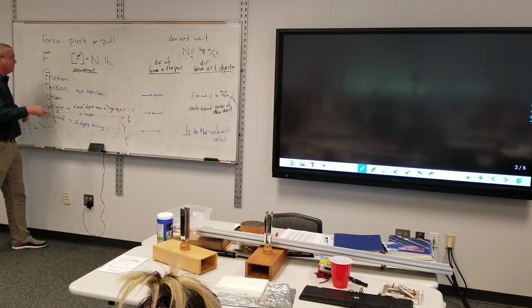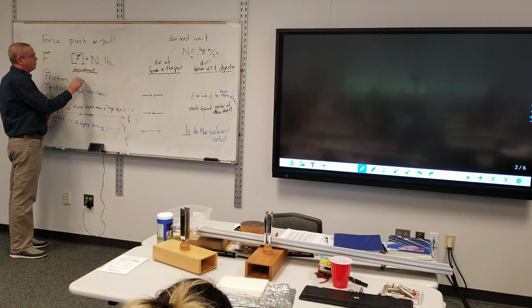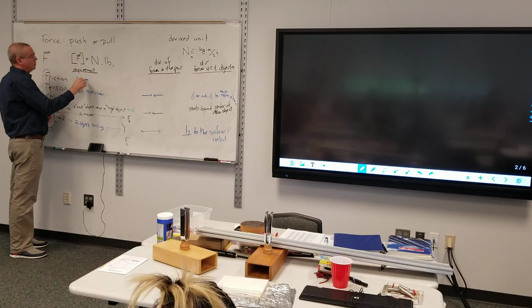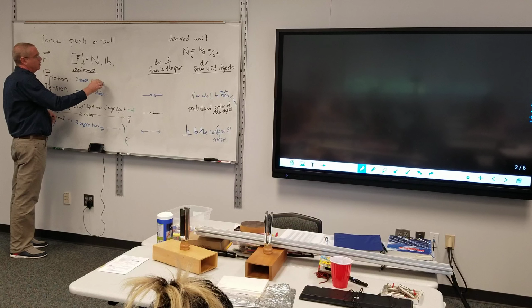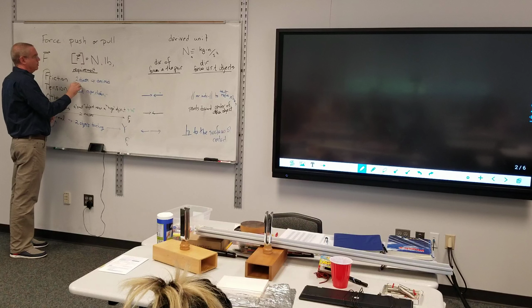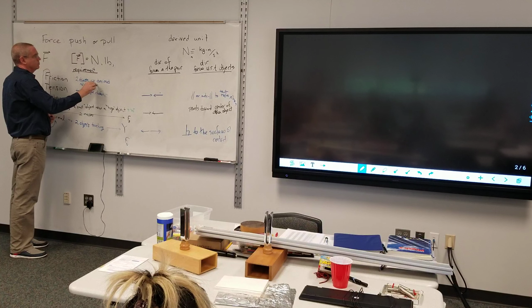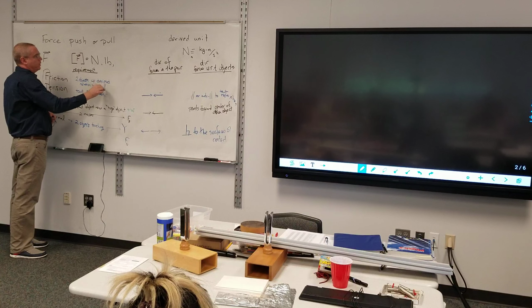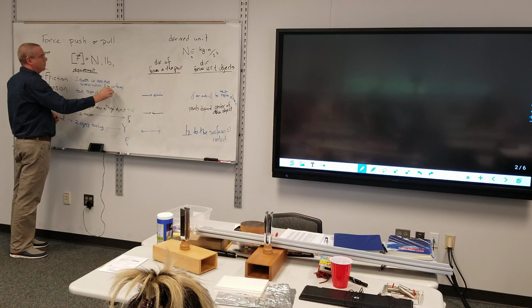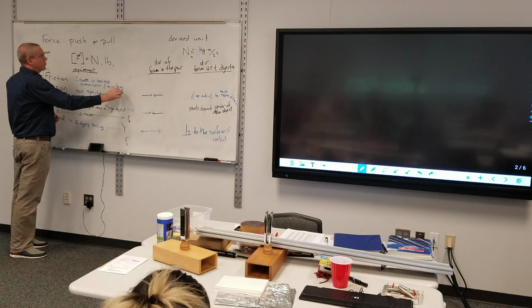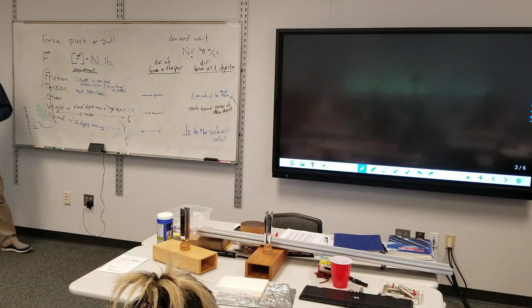Friction requirement. Two objects with desired relative motion parallel to surfaces of contact. So there's two things implied there. One is that there need to be surfaces of contact. They have to touch. You will not have friction